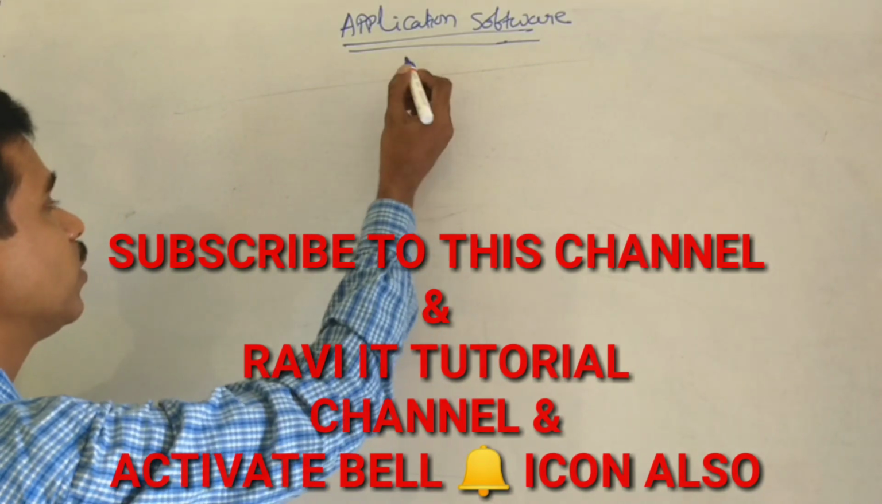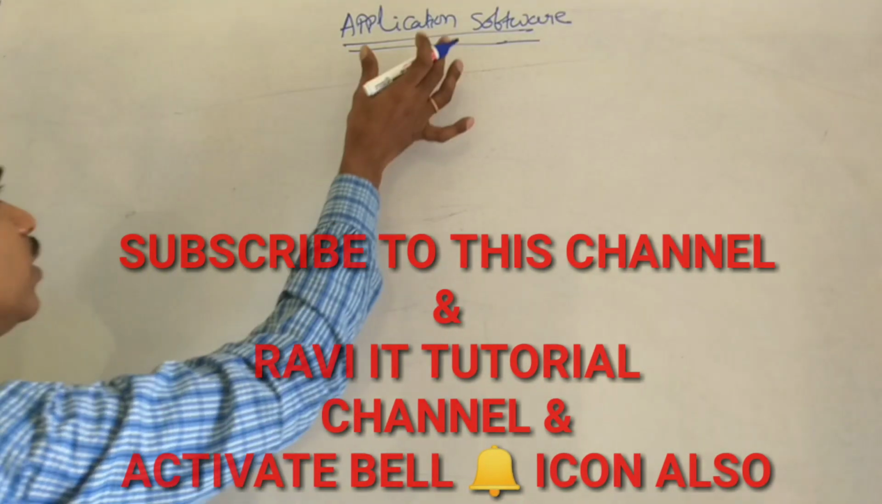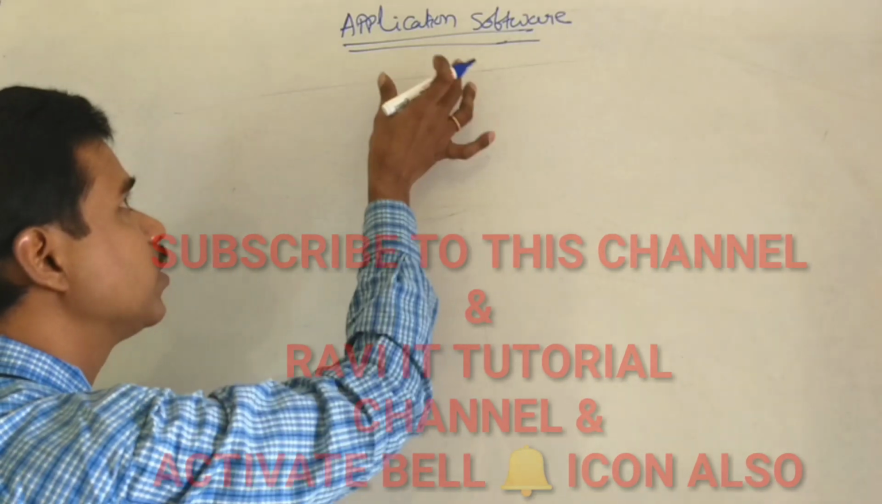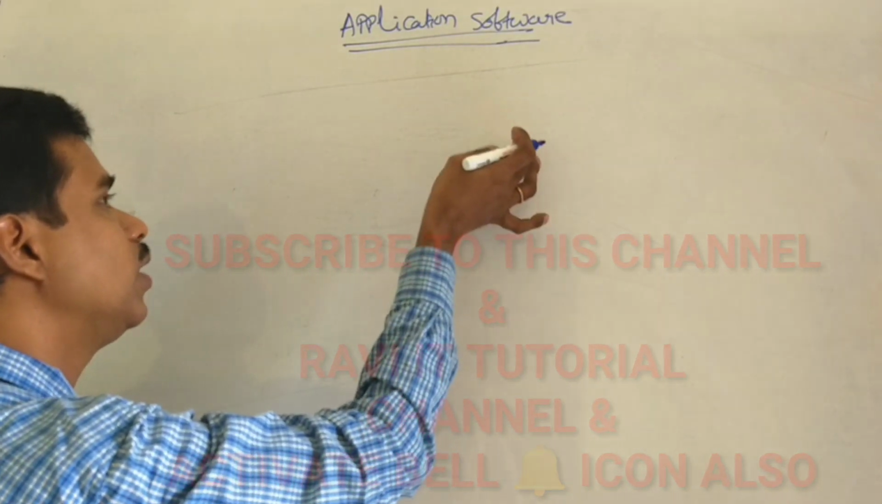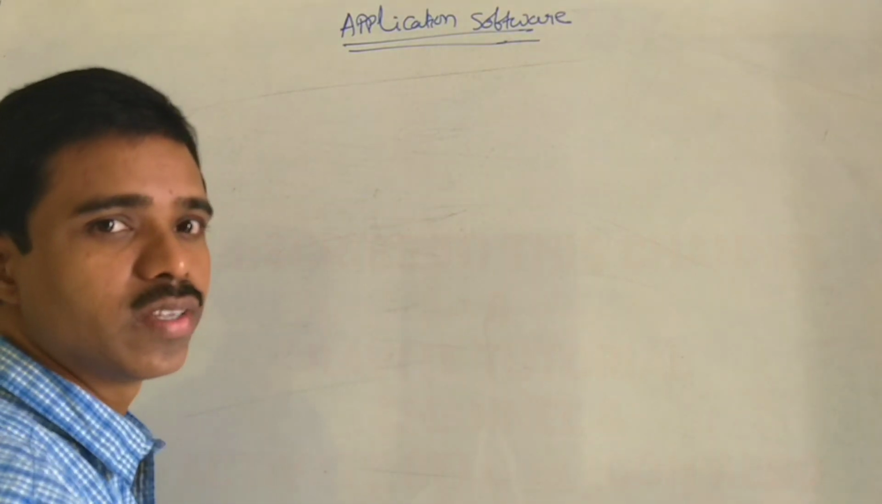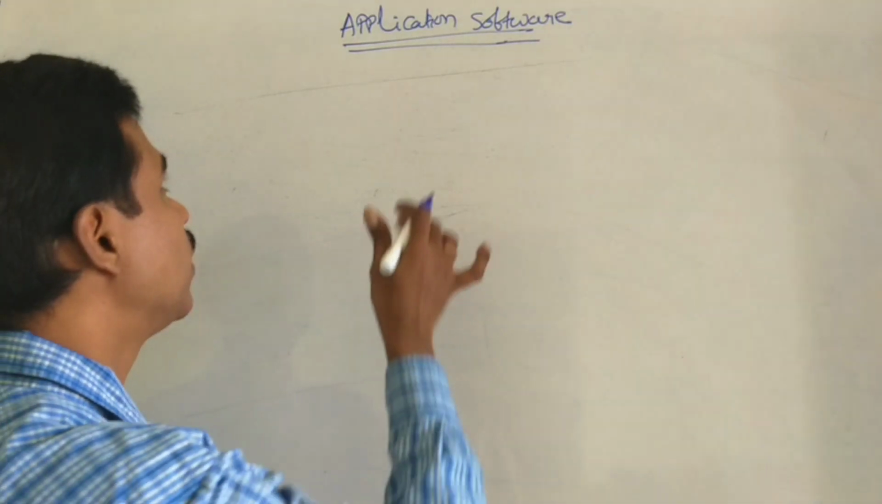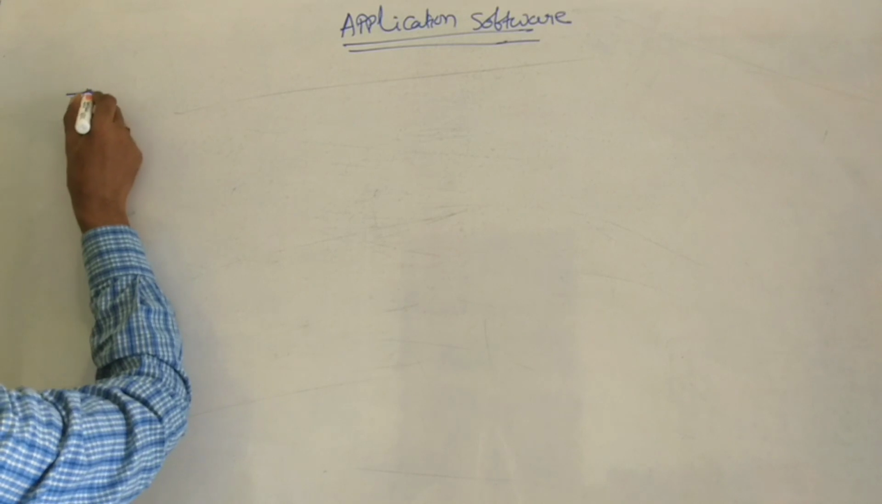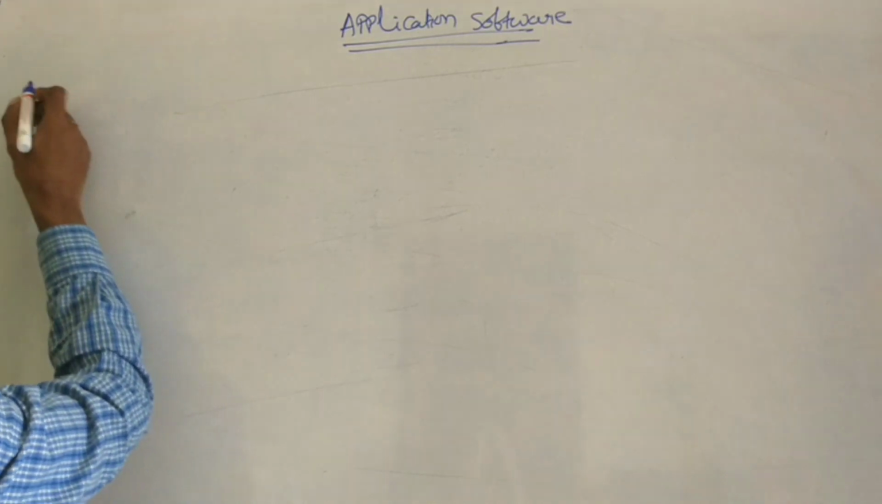In application software, what is the difference between system software and application software? Already we discussed about system software. It is mainly used to run the computer smoothly. But coming to the application software, the major purpose of application software is to solve the user needs,